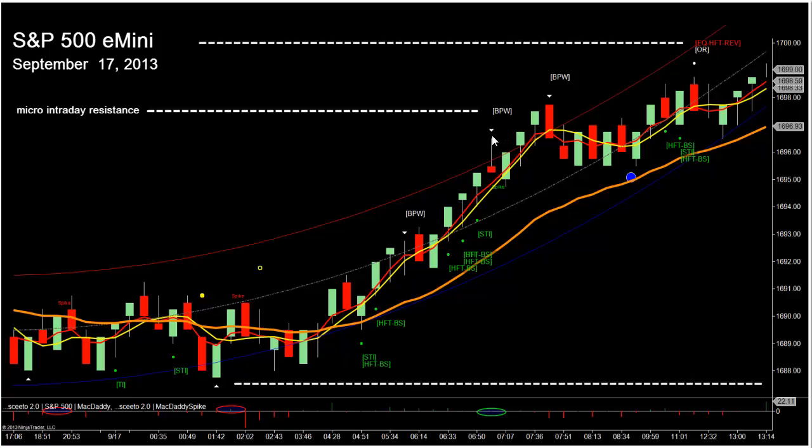Order flow events that occur at the upper or lower channel represent what we refer to as trading bot rotations. As you can see, as the S&P rallied up off of today's low, the digital filters maintained their exponential component sloping upwards until the S&P retested micro resistance at